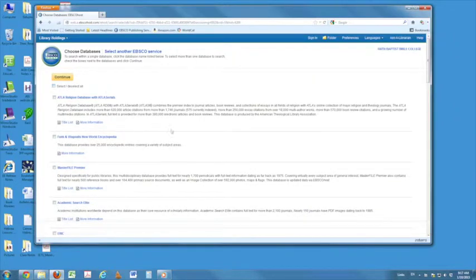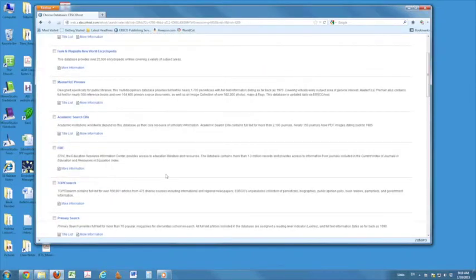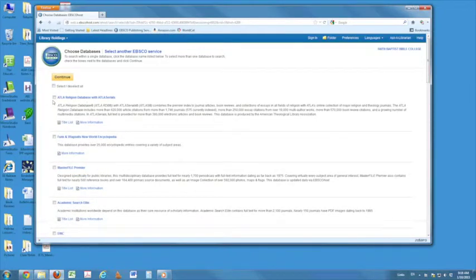Here there are the various databases. I would recommend not selecting all, okay? This is the database that's the most profitable for religious studies, the Atla Religion database with Atla serials. Select that database,